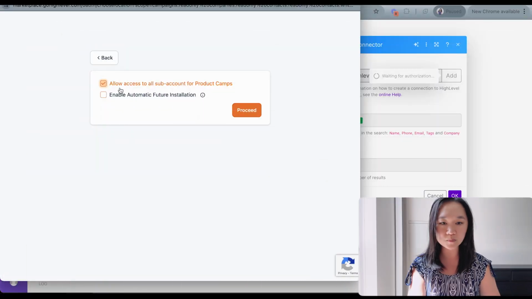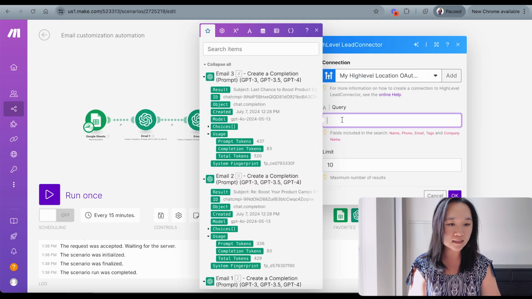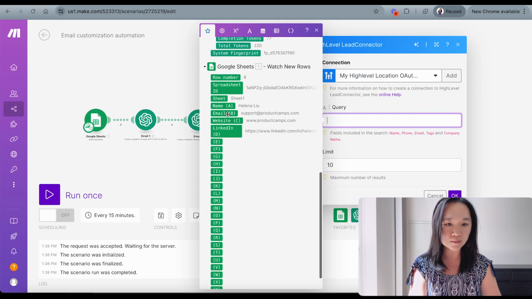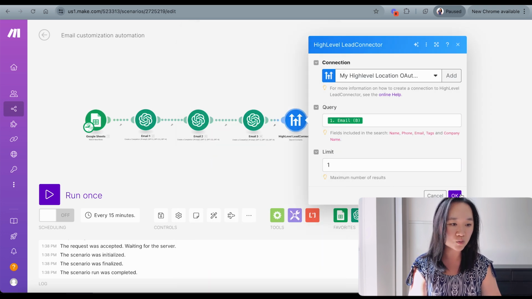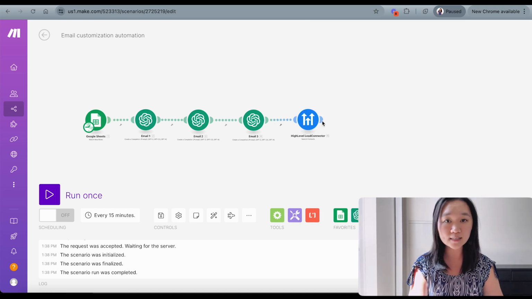Now you want to select allow access to all of your sub accounts and enable future installations, then press proceed. I have already done so, my account is already connected here, and I'm going to put in the email here again and put the limit to 1. Now that HighLevel is searching whether this contact already exists in my CRM or not,